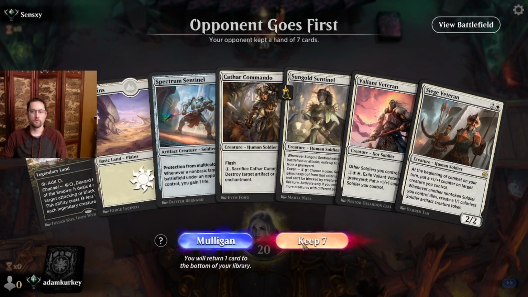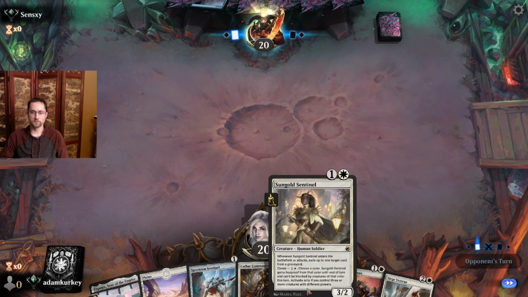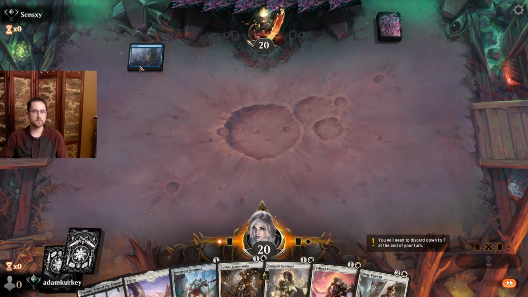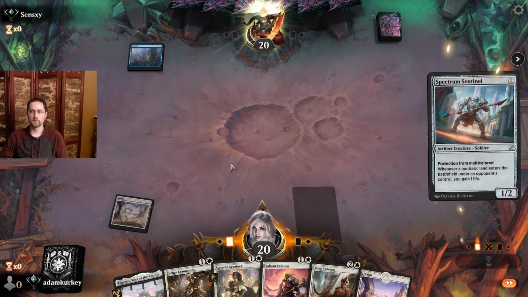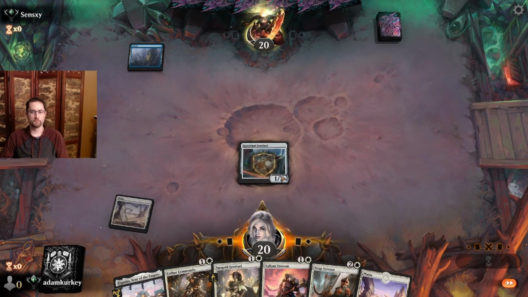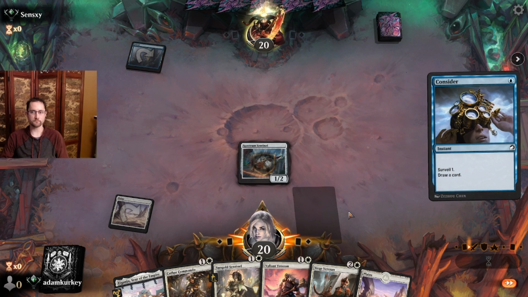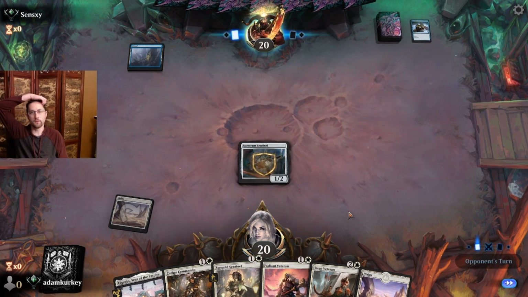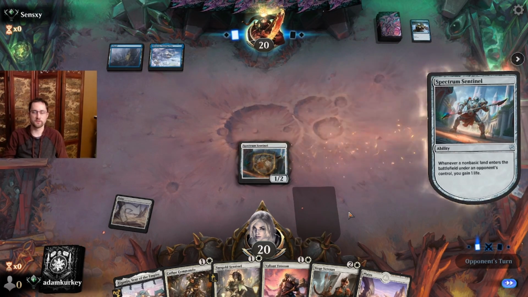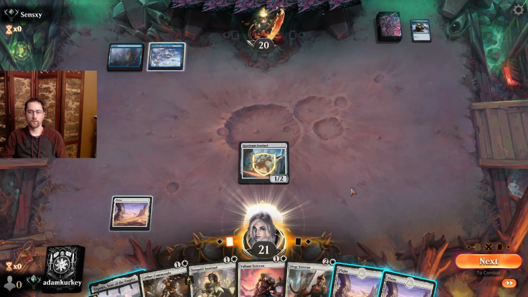Hello, hello. White-green soldiers going against Sensi. Blue. Let's play our Spectrum Sentinel. Blue, if it's mono blue, I don't expect to see any non-basics. It's looking pretty mono blue. They didn't get too much from the new set, but I feel like they're still pretty good without any new